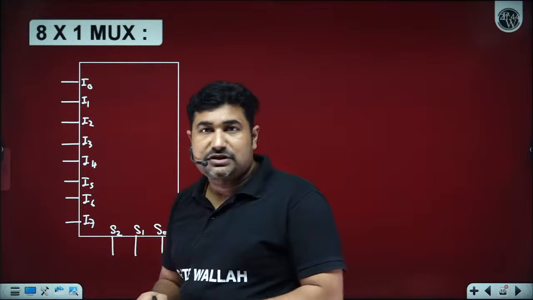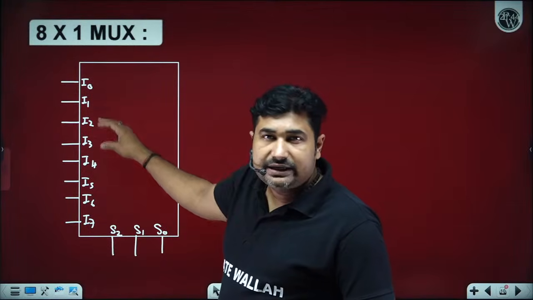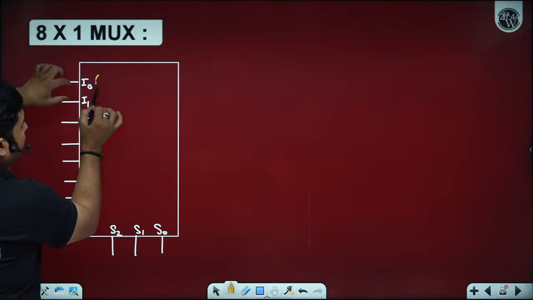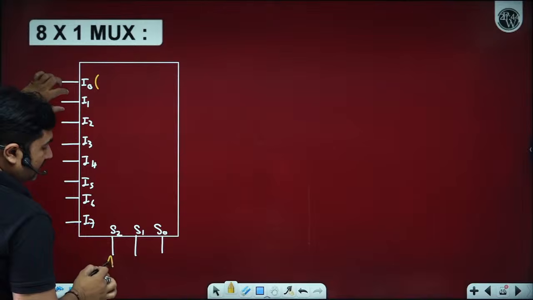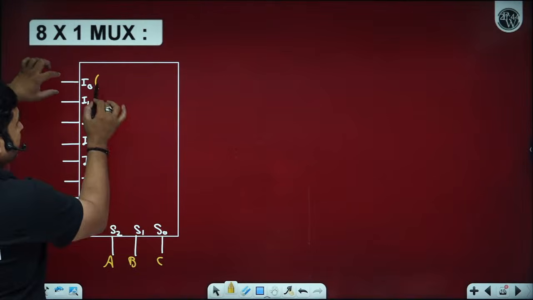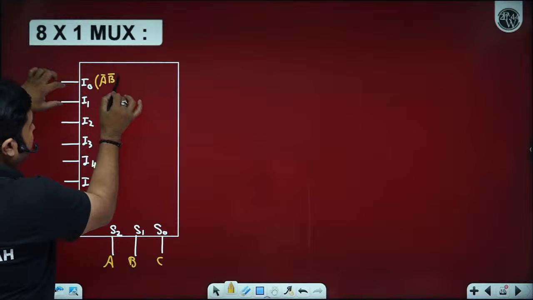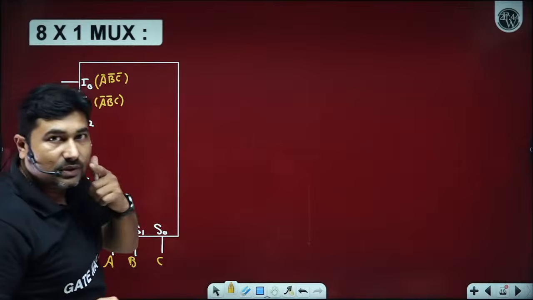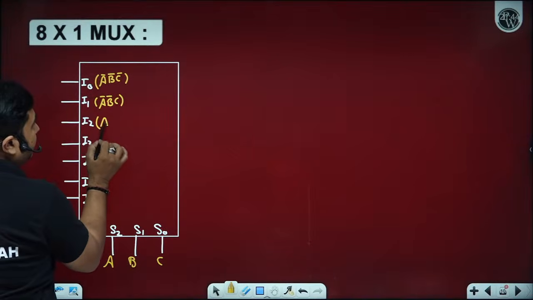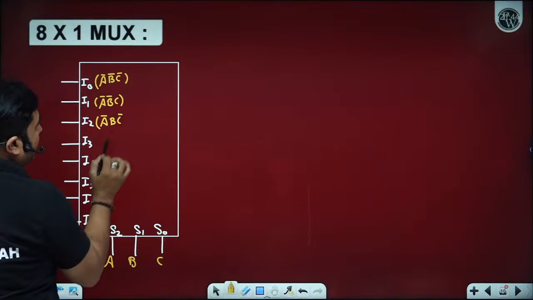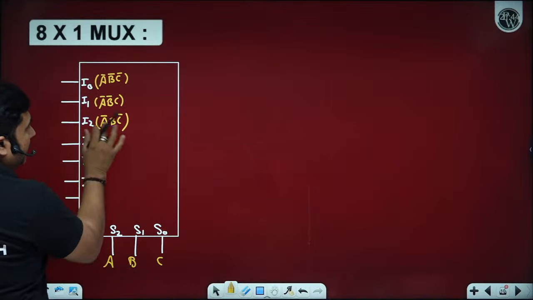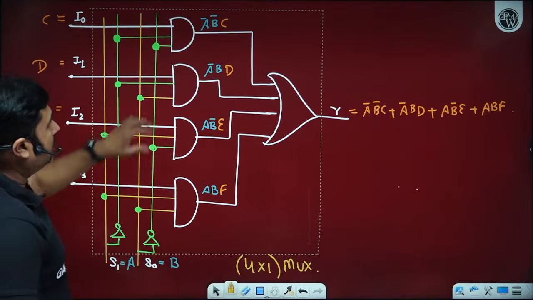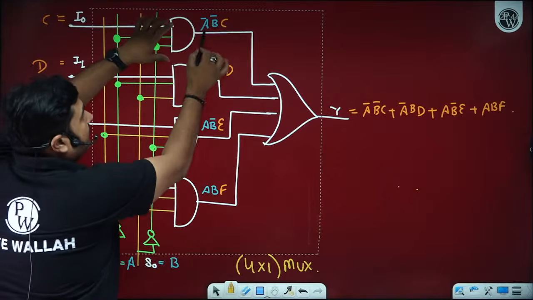So all of you can visualize there is one AND gate here, one AND gate here, and so on. Let us suppose onto the select lines the inputs are A, B, C. So we will get A bar, B bar, C bar. We will get A bar, B bar, C. It means binary 0, binary 1, then I1 gets selected. A bar, B, C bar. Because of the select lines, we can observe the AND operation we are getting, just similar to the 4 cross 1.